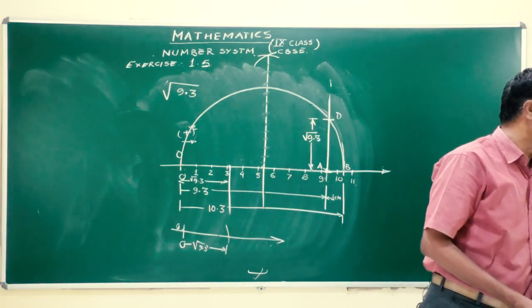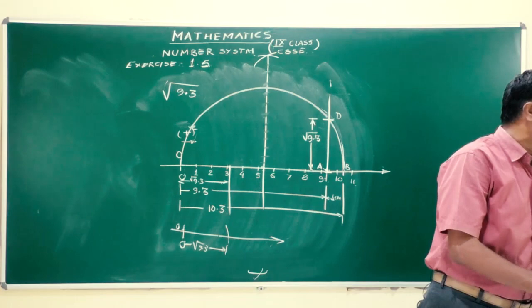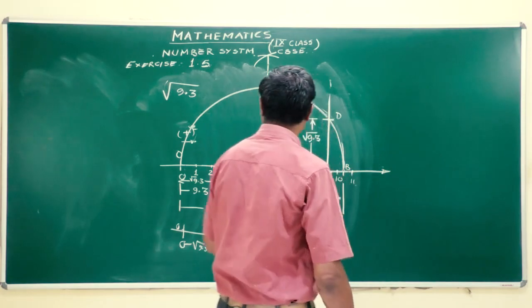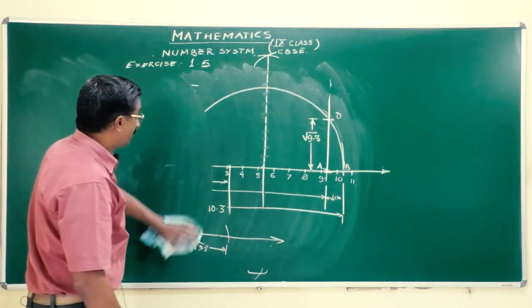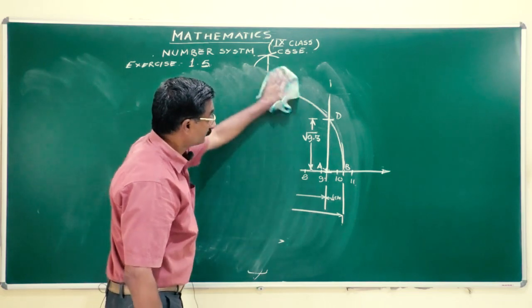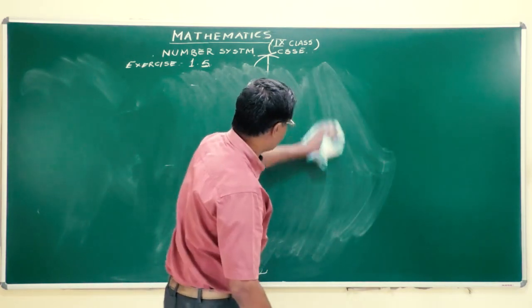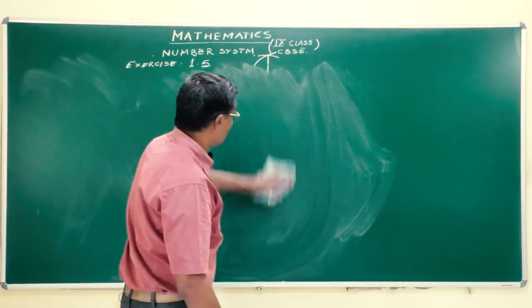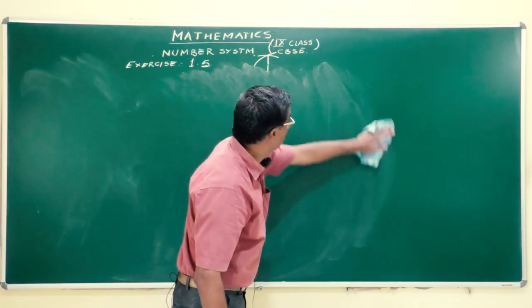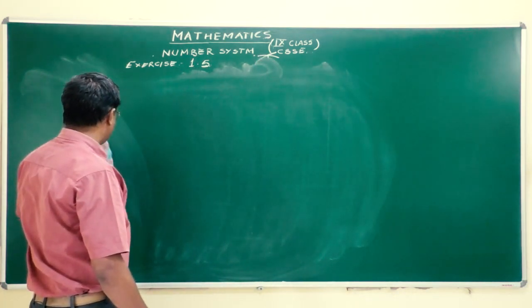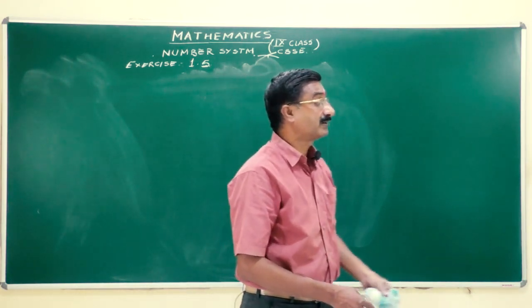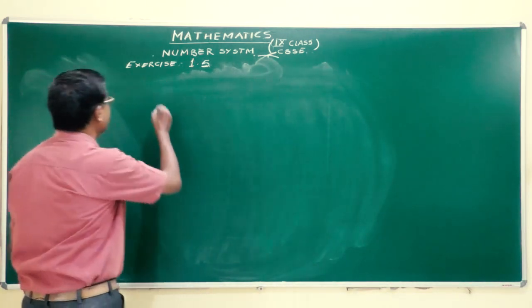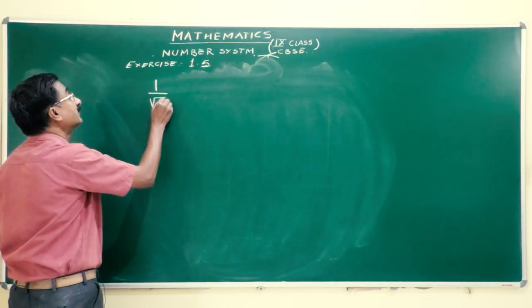The procedure is the same. So the next is question number 5: rationalize the denominator, and that is also very simple. I will do it very quickly so that you can have an idea, but you have to write in a very clear manner in the examination as written in the book. Here on the board I am not writing everything, but the way of writing in the examination is very different. You have to practice for that. We have to rationalize the denominator, that is 1 upon under root 7.